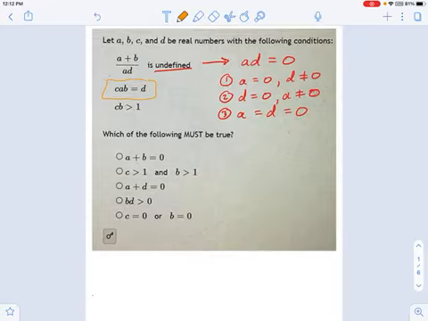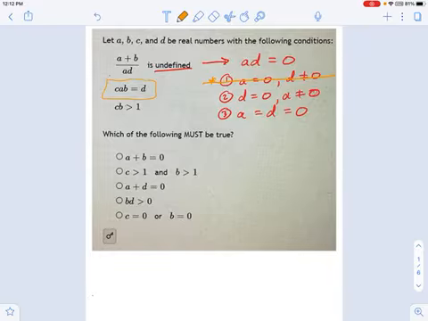Well, if A is 0, I'm going to start with number 1. If A is 0, then C times A times B is 0, which means D has to be 0. But this condition 1 says D is not equal to 0, so I know this condition 1 is actually not possible. If you take a look at condition 2, D equals 0, well, it's possible A doesn't equal 0. If C or B equals 0, that would take care of it. So that might be the case. And it's also possible that if A and D are both 0, that statement in orange is true. So I've only ruled out one of my three possibilities here.